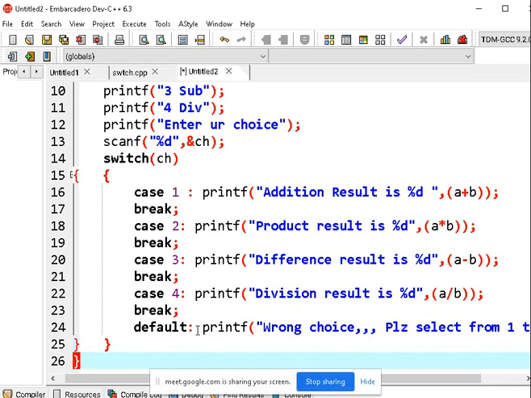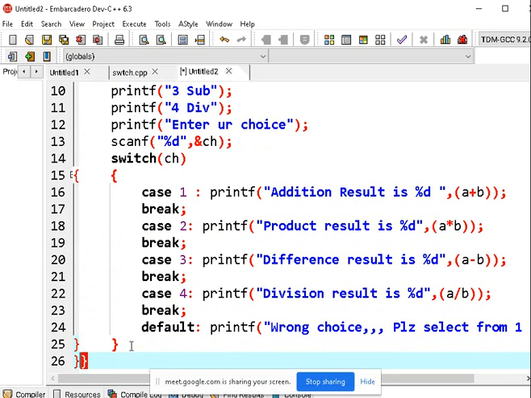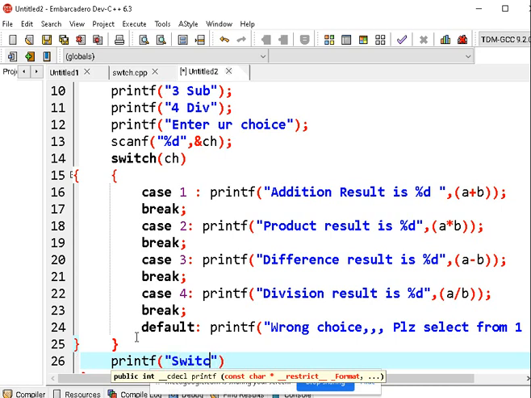This is the default statement. Then followed by one more line, a simple statement, printf in double quotes, "switch example". And this is the program.